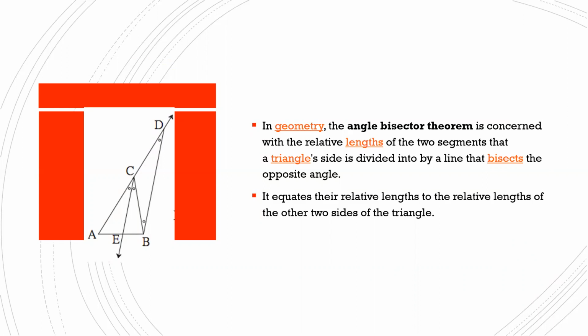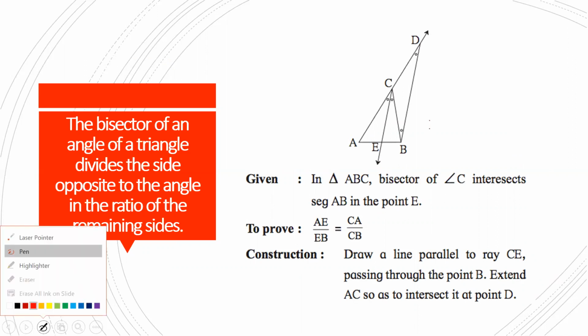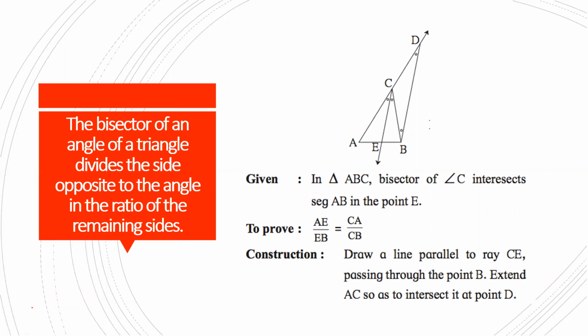A very complex statement, yet let's try to understand this in a simpler way. The bisector of an angle divides the side opposite the angle in the ratio of the remaining sides. Let's try to understand this. Now we can look at this diagram and we can understand that we first of all have the main triangle ABC. And this ray CE is the bisector of this angle